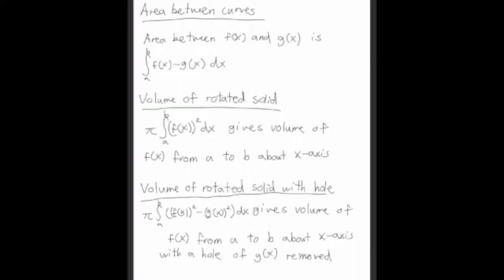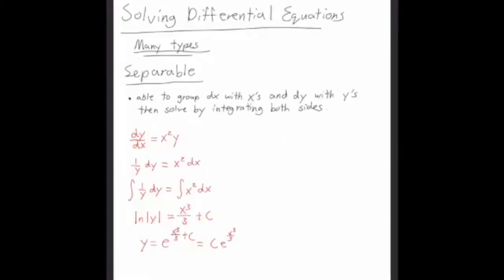So we use the formula pi r squared, so we put the pi in the front since it's a constant. Integral from a to b, and f of x is the r, so this is squared, so f of x squared dx. This gives the volume of f of x from a to b about the x-axis. So you can do the same thing, but with a hole now. So all you have to do is subtract g of x squared, and that'll give you the volume with the